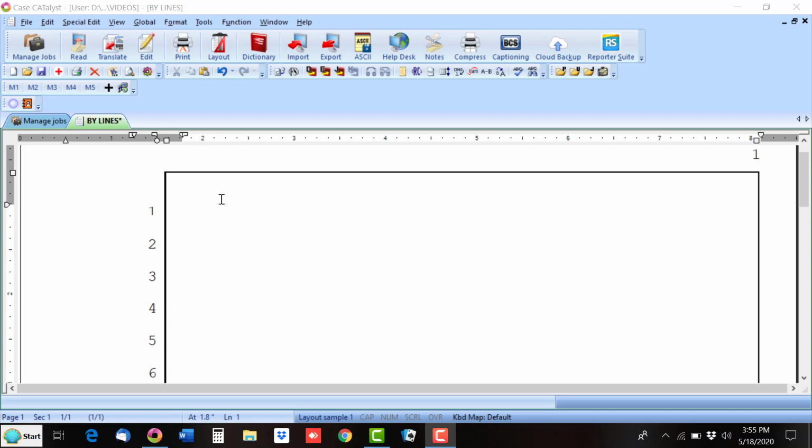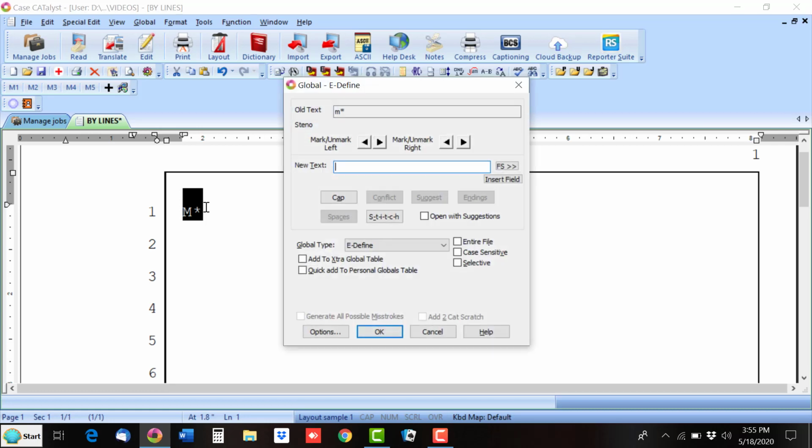This video will demonstrate how to use an eGlobal to create a byline. Let's say our first attorney's name is Mr. Matthews, so I'm going to use an M and an asterisk, although you can use any symbol that you like, but do put in a symbol. Then I mark the text and eGlobal it, and be sure you have your cap lock key on as